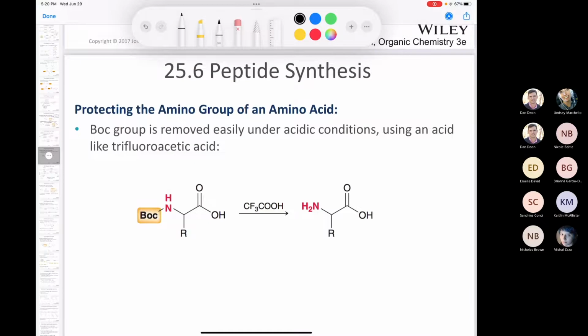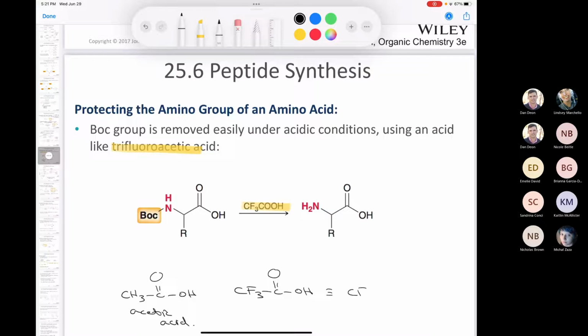Once you've got that BOC group on there, you've got to be able to get it off after the DCC coupling, and the way that we remove it is by using trifluoroacetic acid. So this compound is trifluoroacetic acid. Hopefully everybody knows that this compound is acetic acid, the main acid found in vinegar. If you replace the 3 hydrogens with 3 fluorines, then you end up with trifluoroacetic acid,